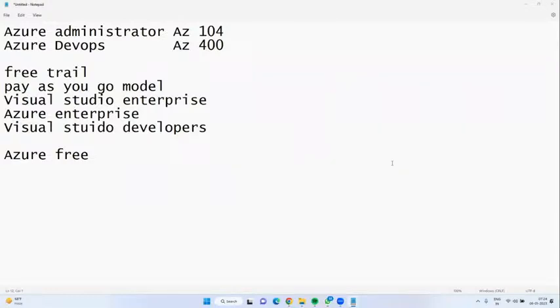See, there are two types of DevOps, guys. One is open source DevOps, the other one is Azure DevOps. When you go for open source DevOps, they will teach about Ansible, Chef, Puppet, Docker, Jenkins, etc. There are many things. This AZ-400, whatever Microsoft implemented, I have included in the syllabus.